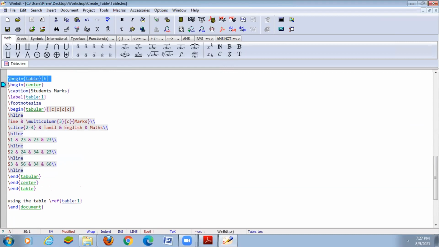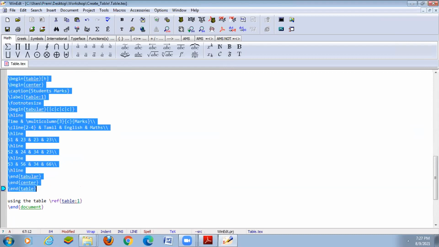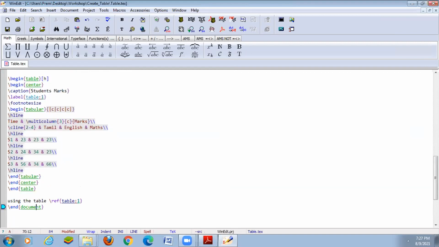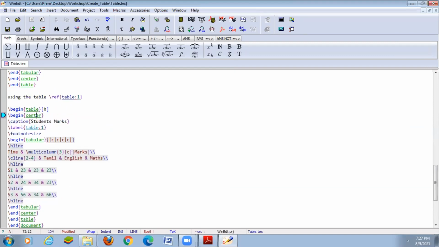Copy the same. So we use the code of multirow.